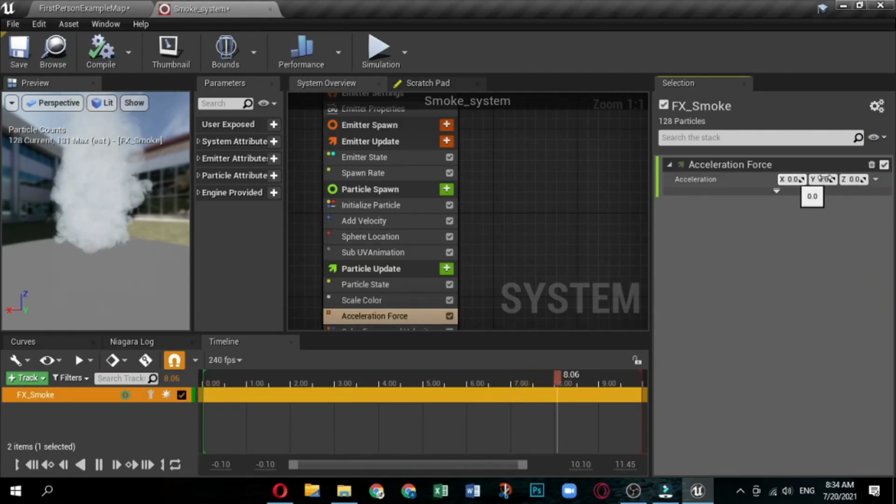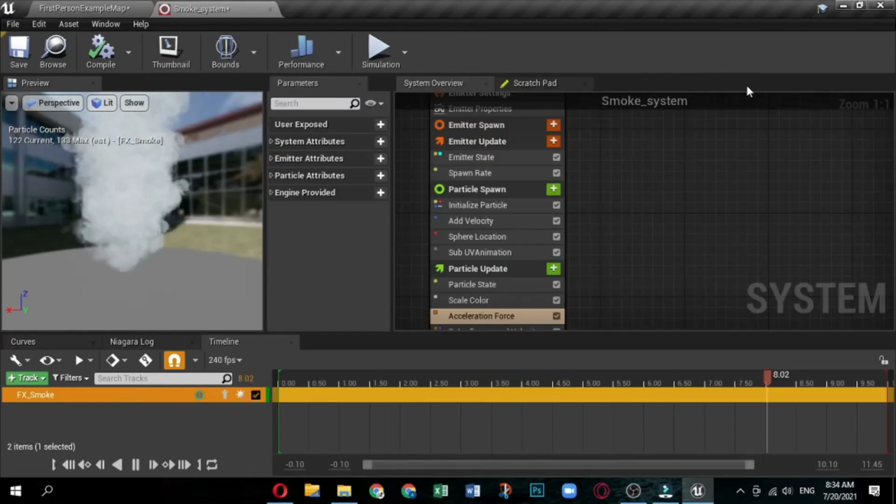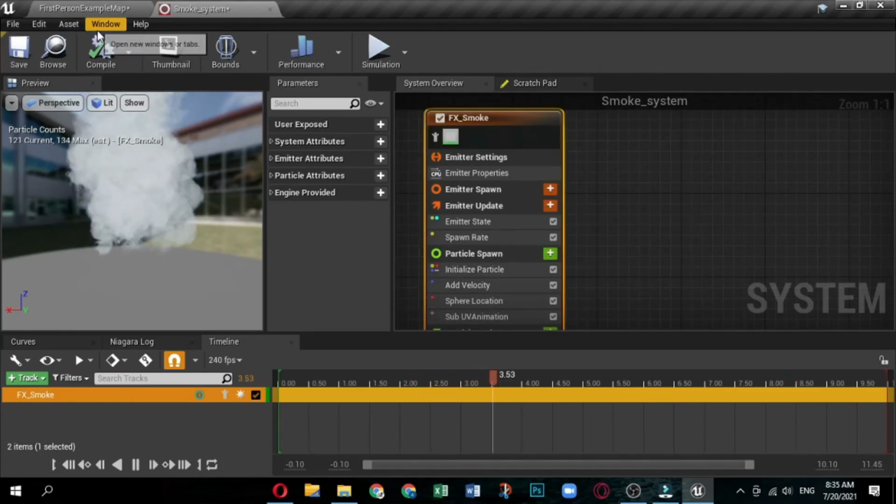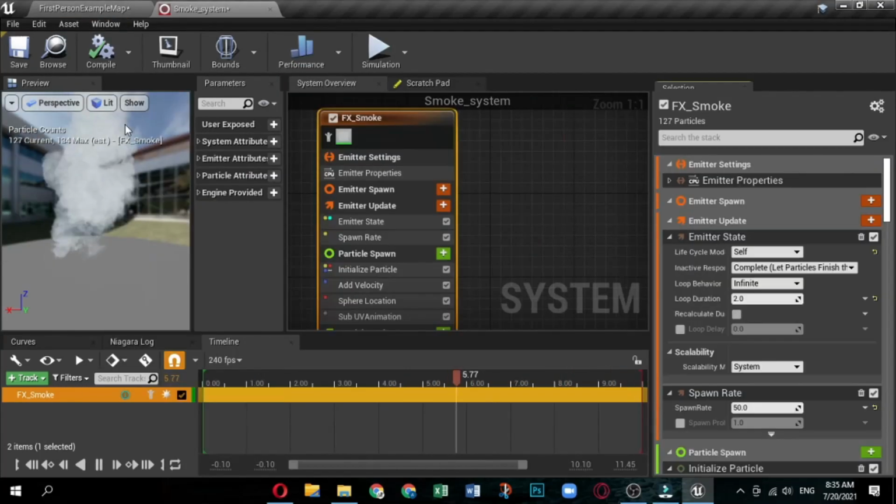Leave the X and Y values set to 0 and the Z value to 500. This will give the smoke significant upward movement over time. We can adjust this setting or even remove this module depending on the type of smoke effect we want to create. If we want to be able to reuse the smoke emitter in our system, we can save it as